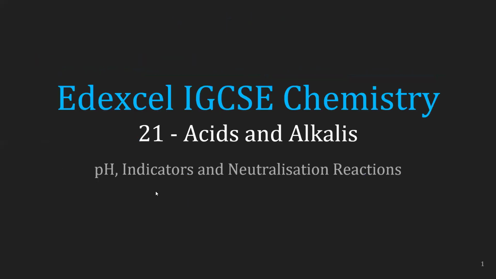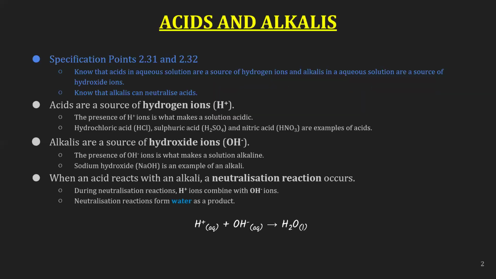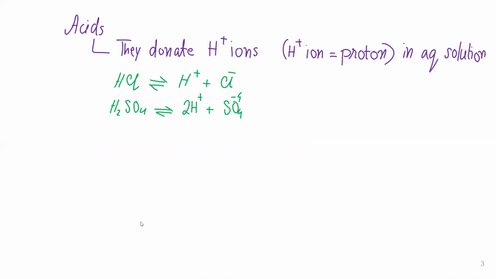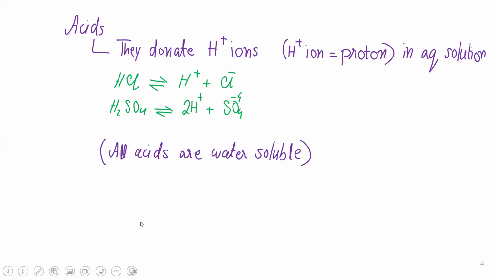For some famous theories in acids and bases, at least three of them are normally mentioned, and one of them by name. The primary theory of acid is that acids are H plus donors. Now we put the second concept. The second concept says that all acids are water soluble. Now, this is a very important concept. An acid behaves as an acid only when it is in water.